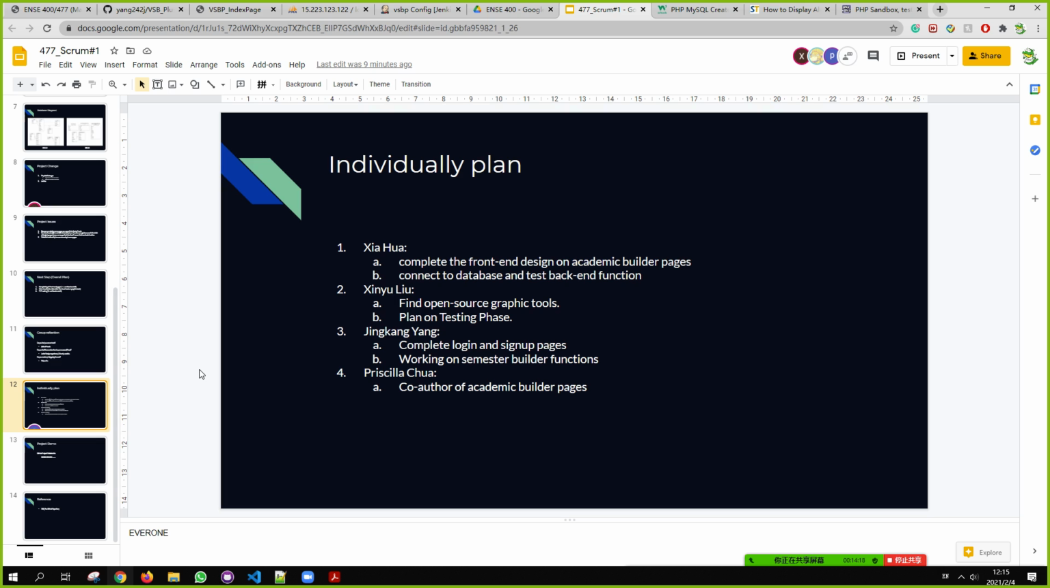And then for me, for the next plan, I could find some open source graph tools to generate the chart or graph to analyze the data. And secondly, start planning the test plan. And for me, I will be working on completing the login and sign up pages, which